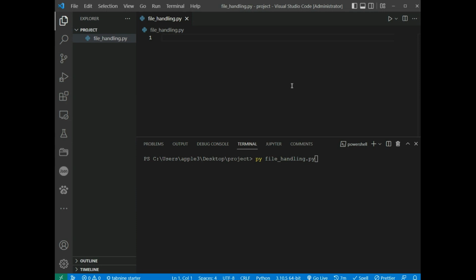The open function takes two parameters, file name and mode. There are four different methods or modes for opening a file. So first is